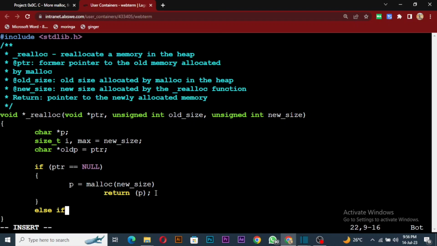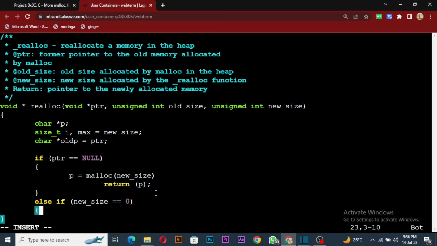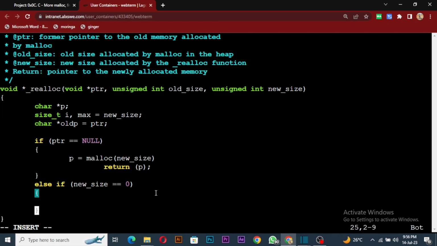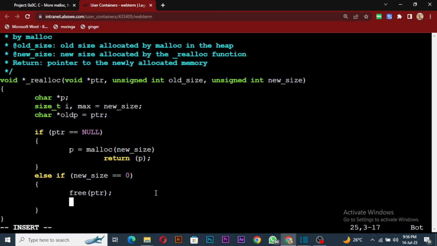So we'll say else if our new size is equal to 0, then what should we do? If our new size is equal to 0, then we should free our pointer, right? That's what we're told. We should free our pointer, and then we should return null. Okay,